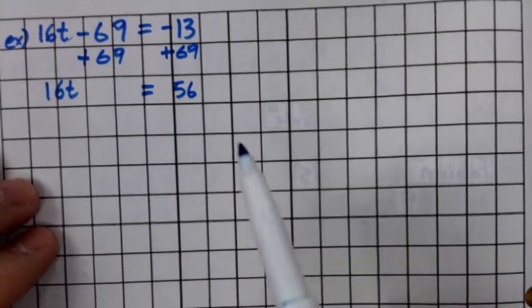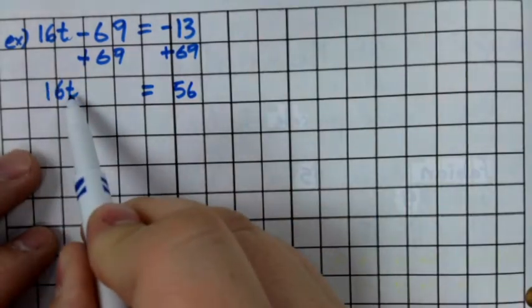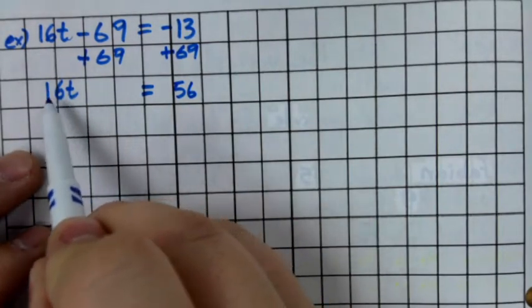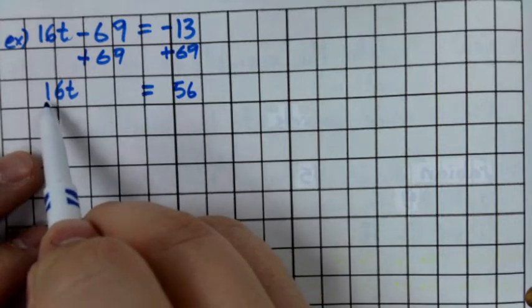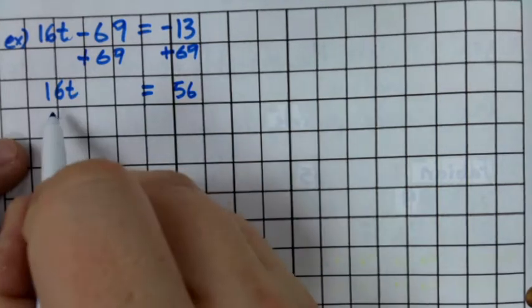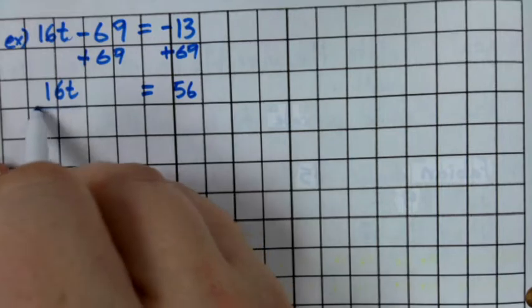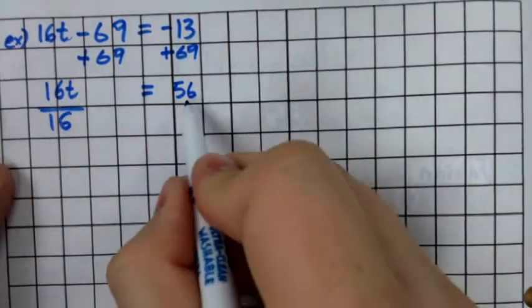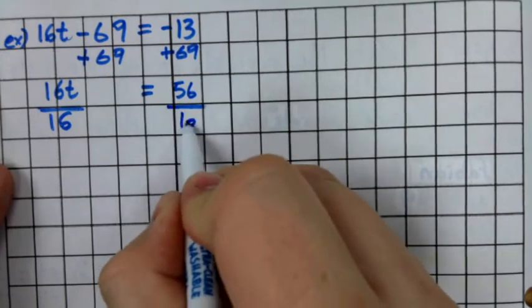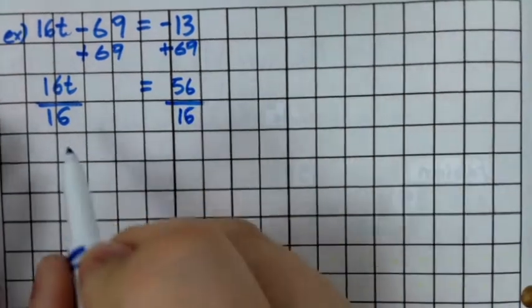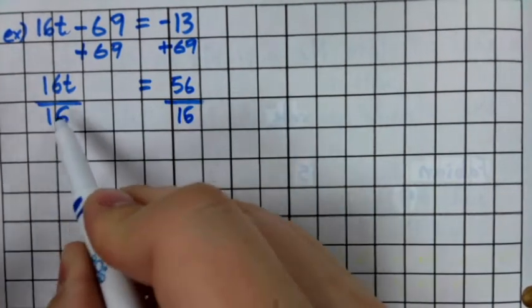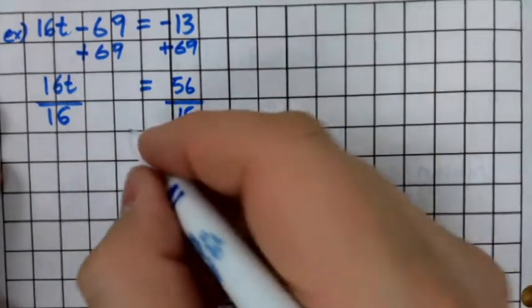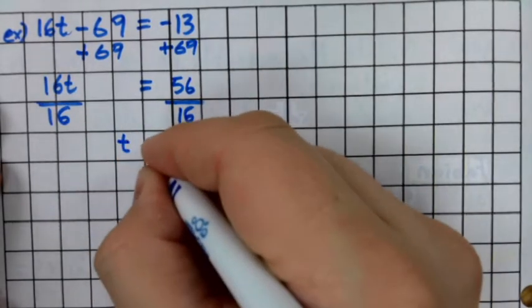All right, now that we have 16t equals 56, we need to get this t by itself. And remember, the variable right beside numbers means they're being multiplied: 16 times t. So the opposite of multiplication is division. Oh no, another marker dying. It just kind of dried out when I paused the video. So 16 divided by 16 is 1 times t is t. So we're left with t equals